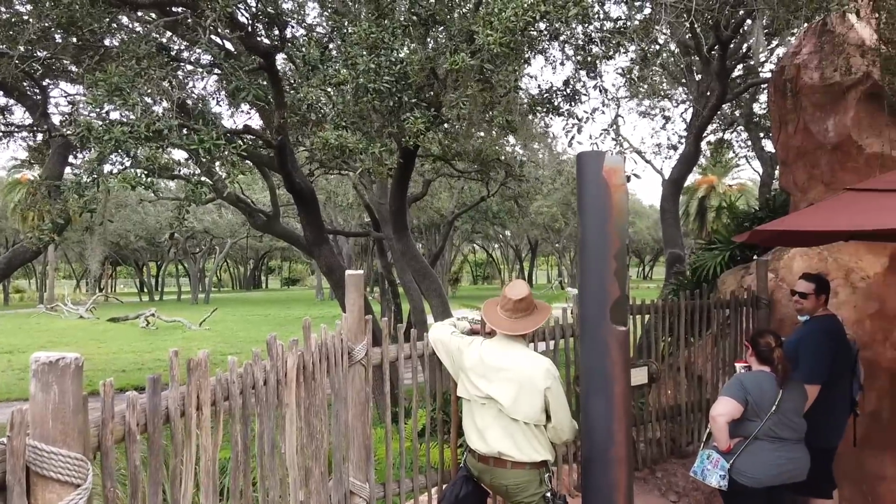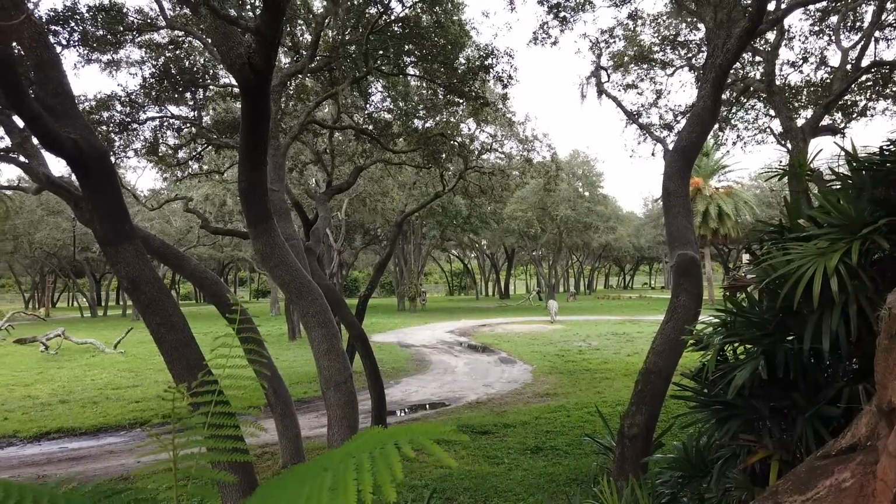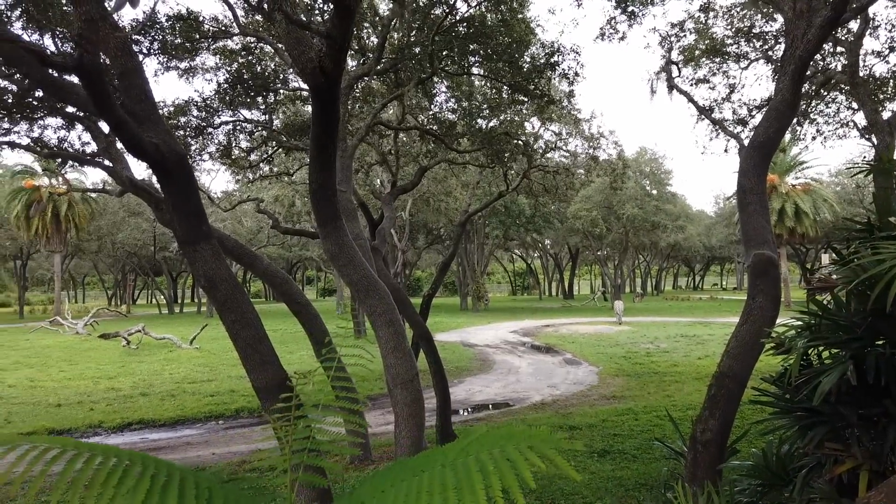Giraffes are my favorite. One of the keepers did just tell us that the female giraffes who live on the Arusha Savannah have decided not to come out today. They are happy where they are at their homes, so they haven't come out today. You do run that risk. They're animals. They get to behave how they want,